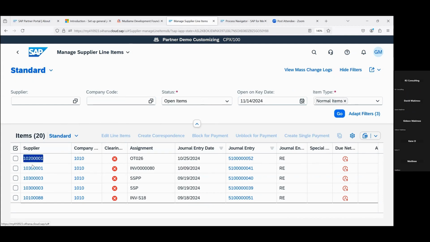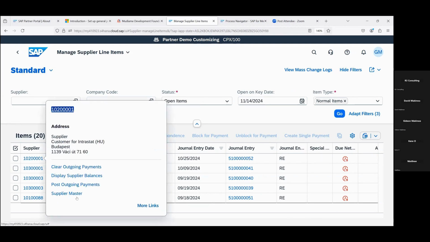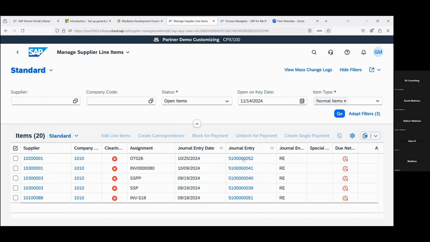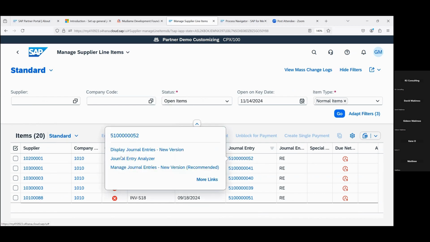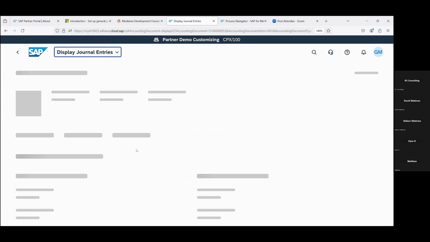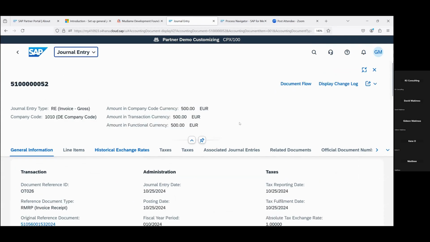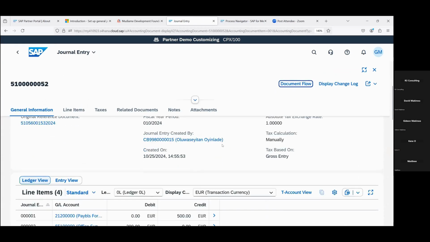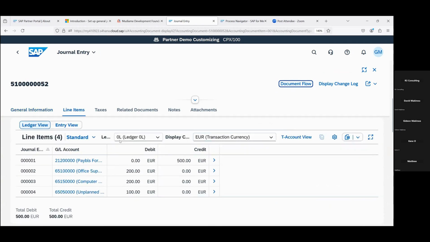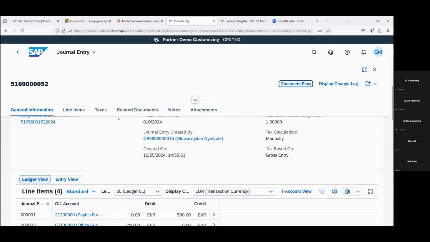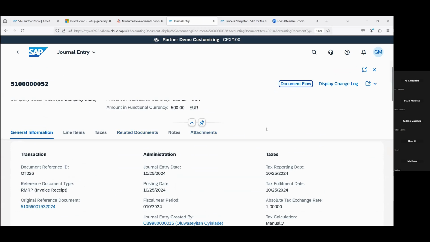You can click on this to see other information here, right? For the journal entry, you can also click on this and maybe display the journal entry. So you can navigate. So we have this way of navigating the solution.